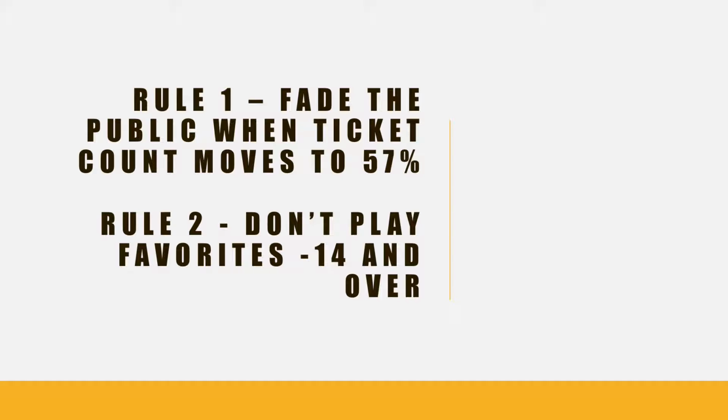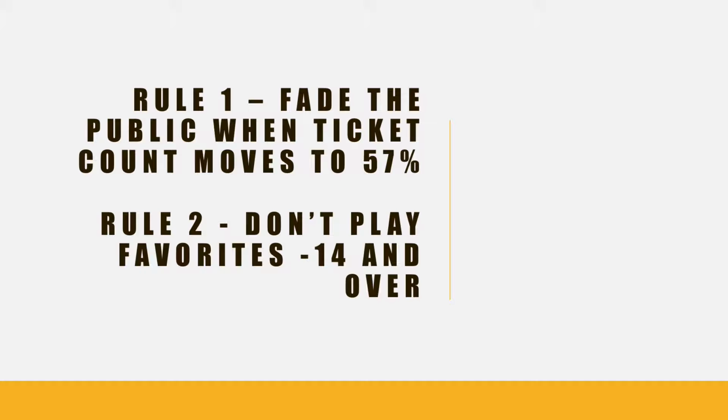And the reason this is important, and the reason I'm using the 57%, is when you're looking at a game and it says 51% Dallas Cowboys, 49% Washington Redskins, the interpretation of that means that there is sharp money on both sides. So neither Dallas nor Washington is a public team, or it's hard to decipher. So when it's even money like that, meaning like 51, 52, or even say 53 and 47%, that means you're getting sharp money on both sides. You really can't say that's a public play.